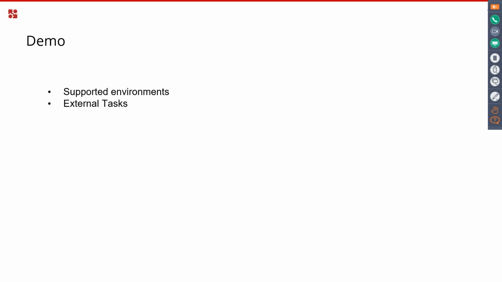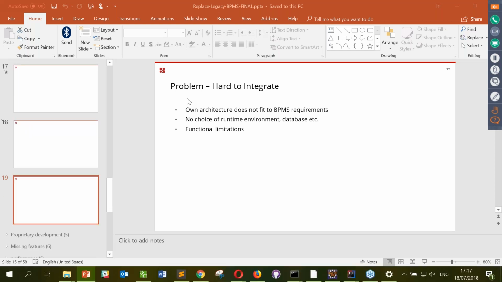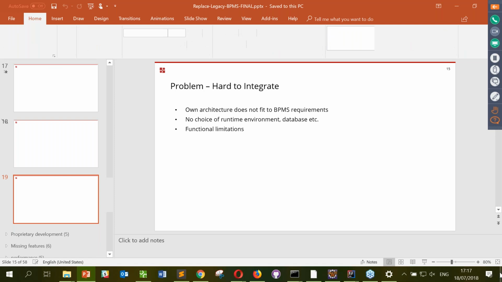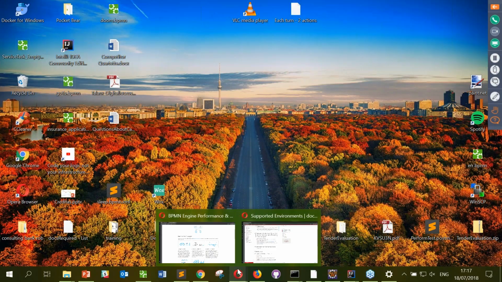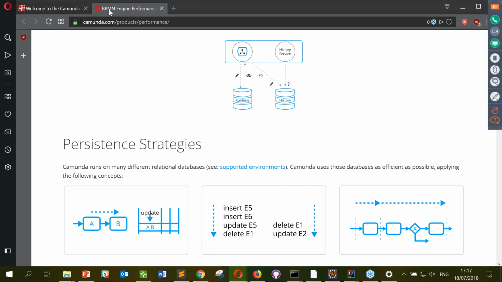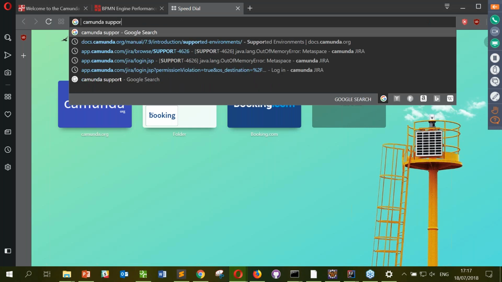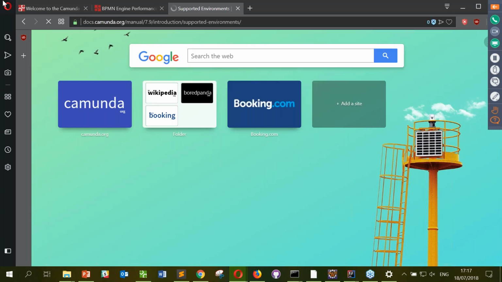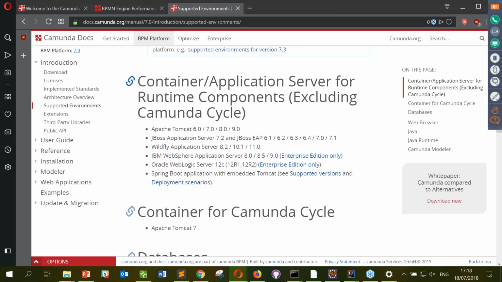All right, very good. Let's move into a demo then and show some of these features in action. Sure thing. What I'm going to do now is really quickly swing by and show you the supported environments. Let's see, what lovely webpage shall I show you? I'm going to go for Camunda supported environments. I want to step through things, because it's one thing to talk about supported environments and another to actually check it out. So these are the kinds of things that we support in terms of